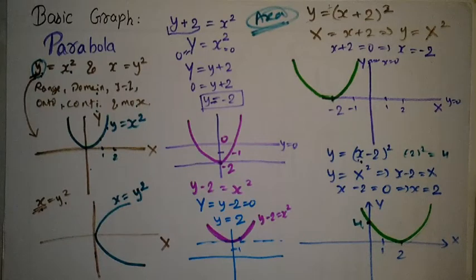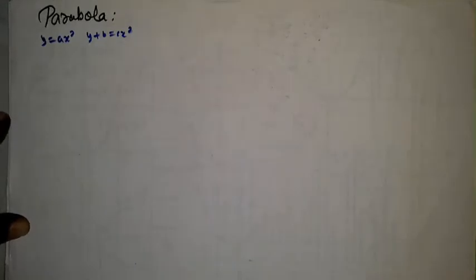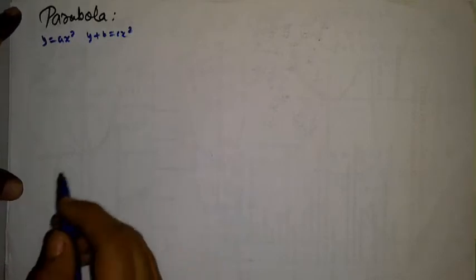Today in this session 2, I will continue with this type of graphs, but I will show you what to do when there is a mod, when there is a negative sign, and when some variable is multiplied, and how to solve such problems. So let's start. I will discuss directly by example, because if I explain y is equal to ax square, y plus b is equal to cx square, students used to get confused. By example it will be easy for students to understand.